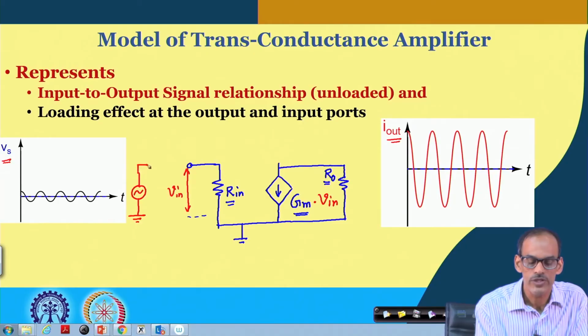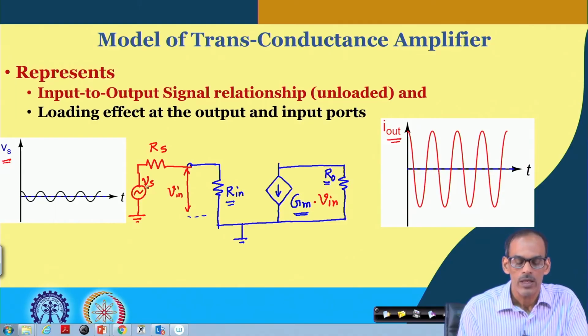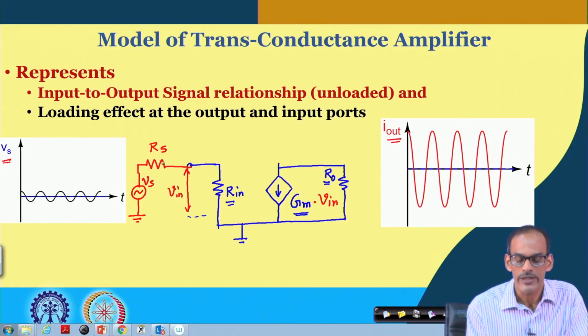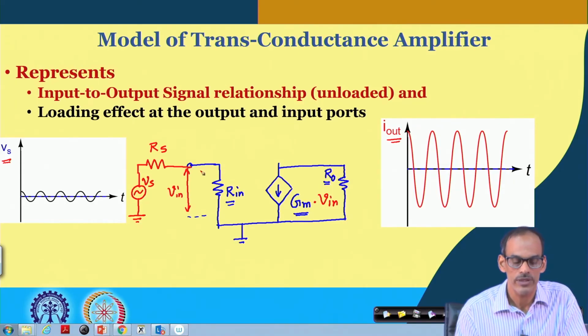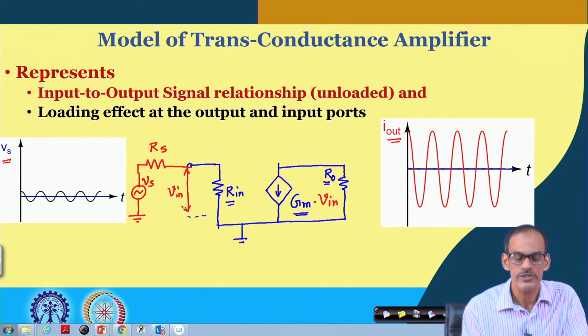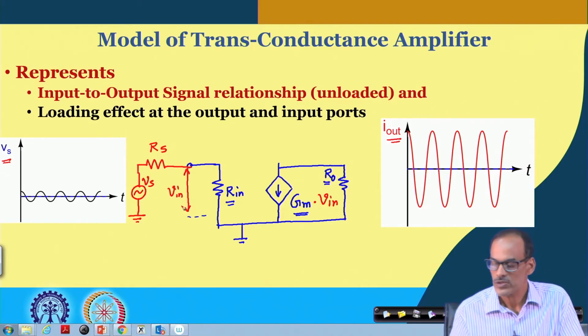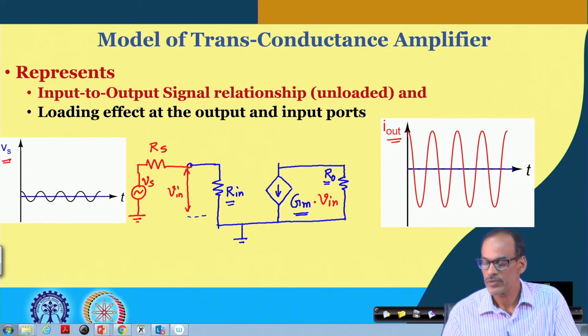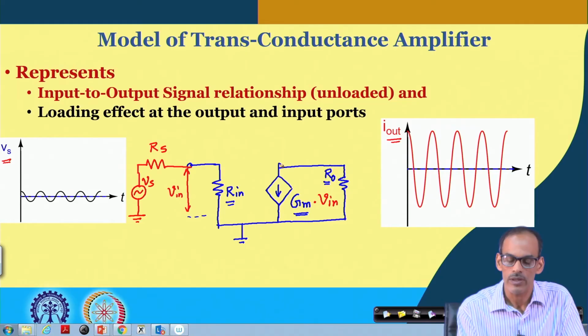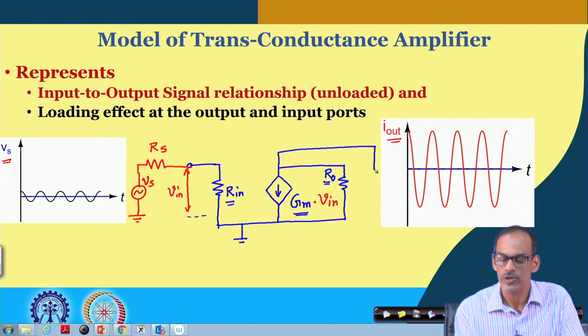and this voltage source may be having its finite resistance called the source resistance R s, and this is of course the V s. And here again you can see that R s and R in together will be creating a potential division of V s to produce this V in. Likewise at the output side, in case we are connecting a load here instead of directly shorting to ground